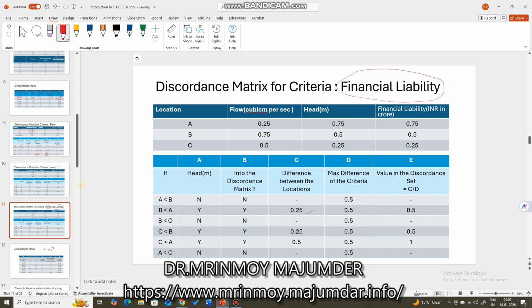So this needs to be divided. 0.25 is the difference between the locations that we are comparing, B less than A. 0.5 is the maximum difference between all the alternatives for a single criteria, and C by D is your result, 0.5. Similarly, you have to do it for B by C, C by B, C by A, and A by C. And accordingly, if it does hold true, the question that you're asking is all